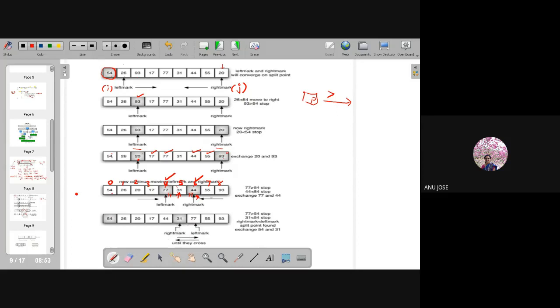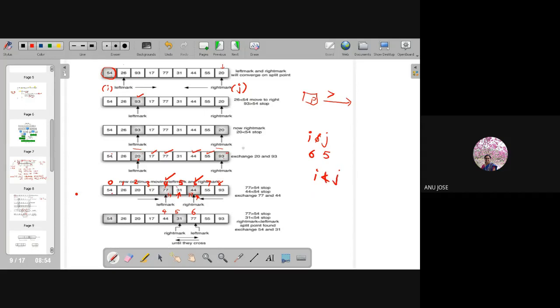So currently for the values of left mark and right mark, you see the marks hold index values. This is the 6th index, this is the 5th index and this is the 4th index. I have taken the index value directly from the top. So the left mark was holding the index value 6 and the right mark was holding the index value 5. In this case, I am comparing the i and j values, or left mark and right mark. I value is 6 and j value is 5. So i is not less than j.